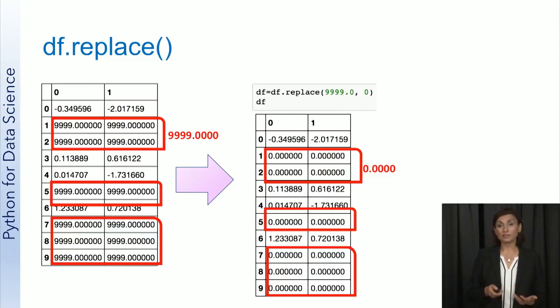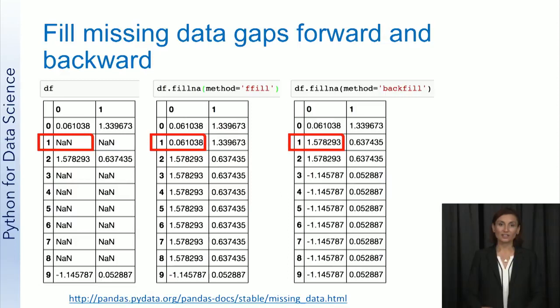Using the replace function, we can globally change values in a data frame. The screenshot shown here shows how we can replace every 9999 with a 0 instead. The fillna method will replace missing values with the last known value forward and backward, meaning going up and going down